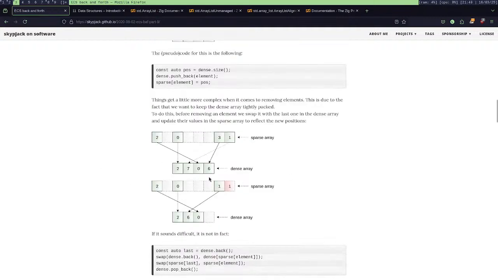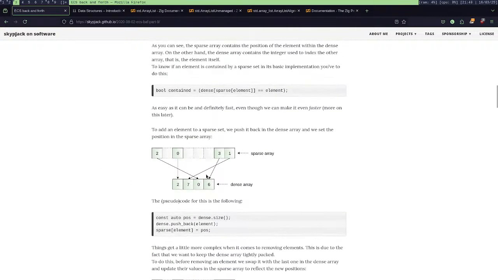Okay, here it is. So here they push to the dense array. Okay, yeah, that's exactly what I did. So I will push here and then set the value to the entity number.